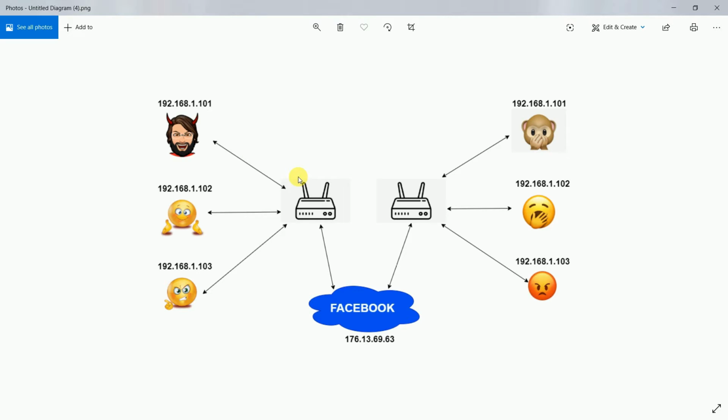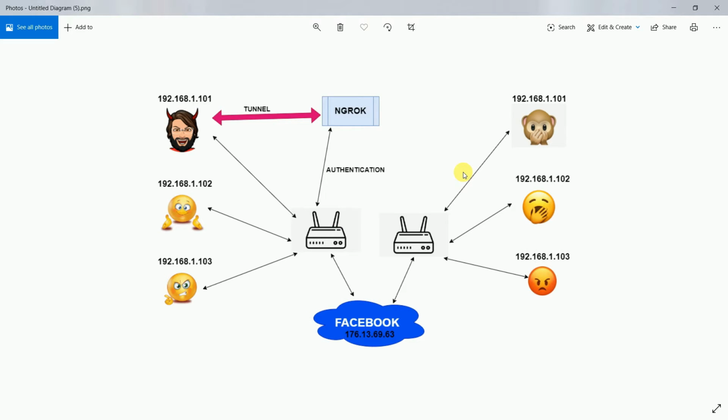Now to solve this problem, there comes the technology of port forwarding, in which you manually configure your router for some specific port, and when any other person outside of your network wants to access your IP address, that is your public IP address, then all the information will be redirected to you only. Now it's a very hectic process if you go for manual configuration of the router for port forwarding techniques. Not everyone can do it. Even if you can do it, it's a very hectic process.